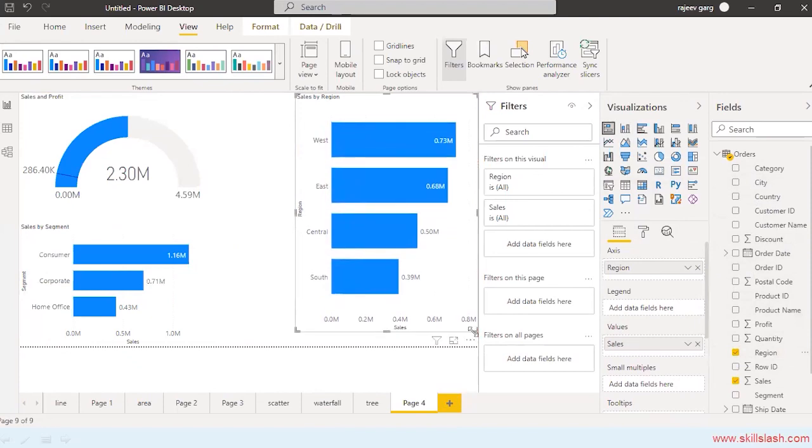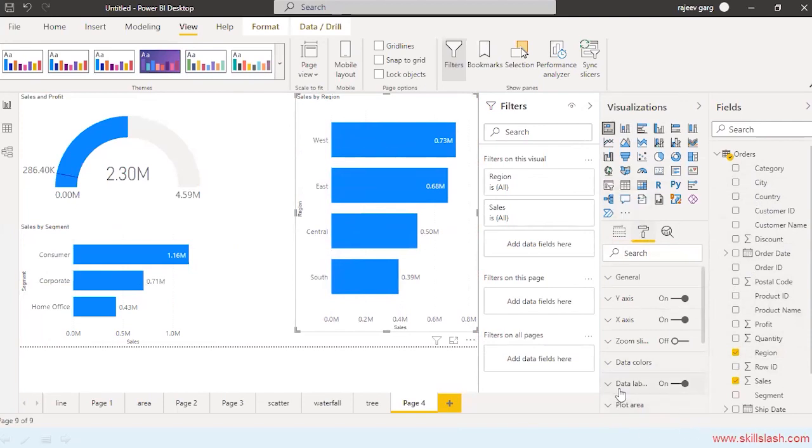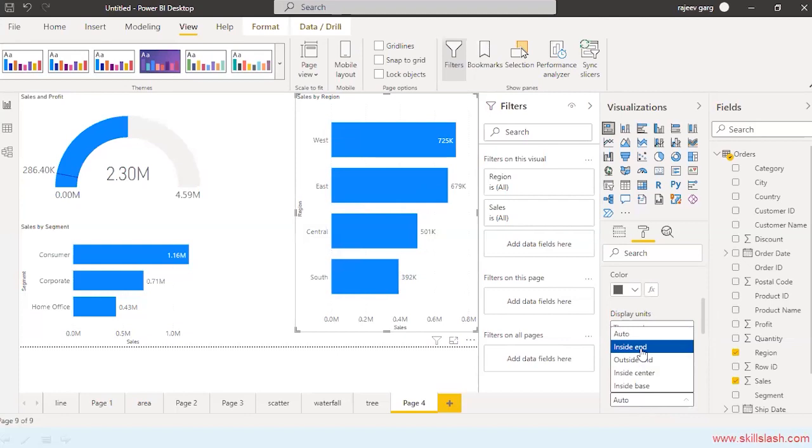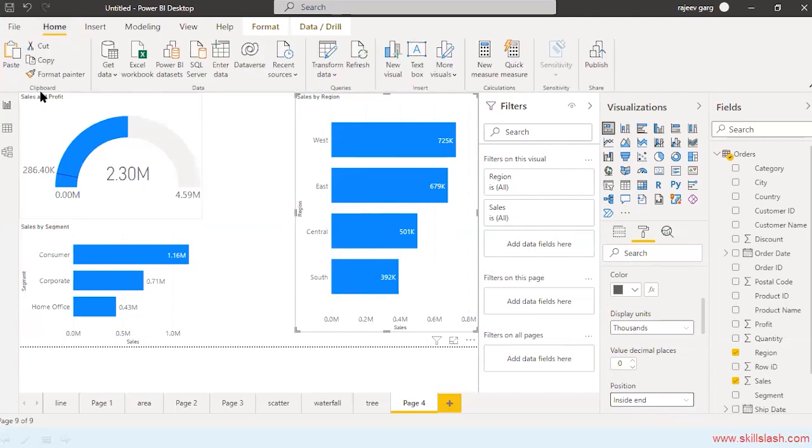Okay, now see what happens. I will just do a quick formatting, data labels. I want to do the same formatting on this as well.